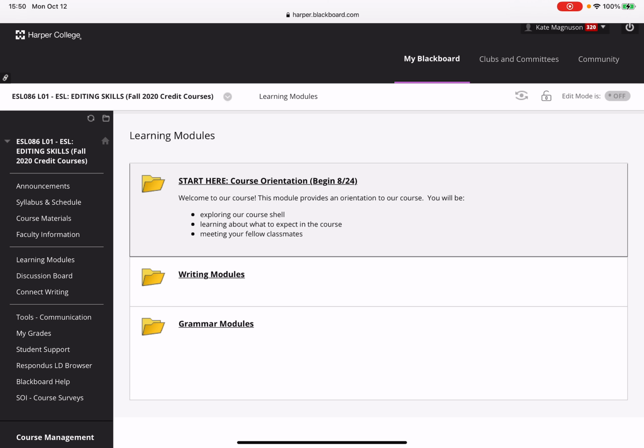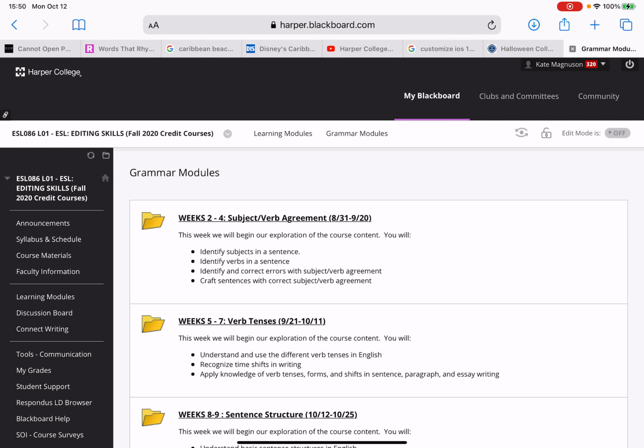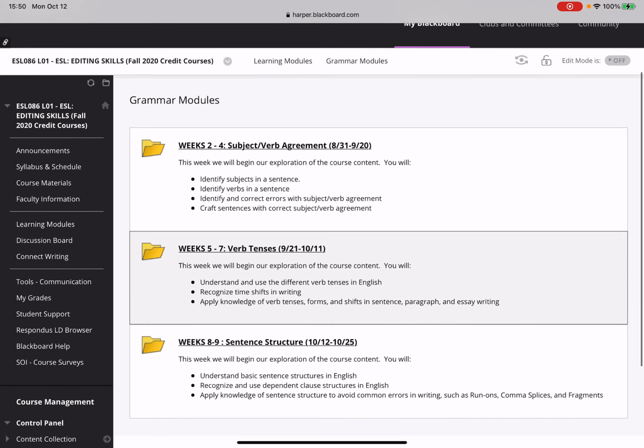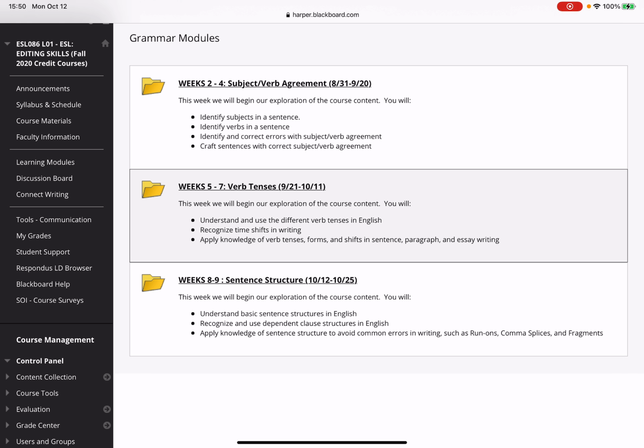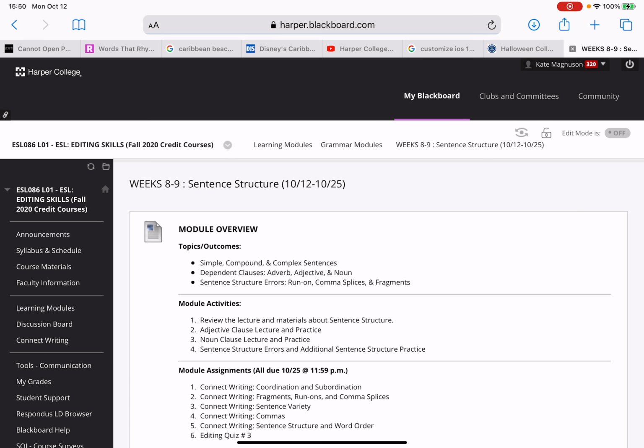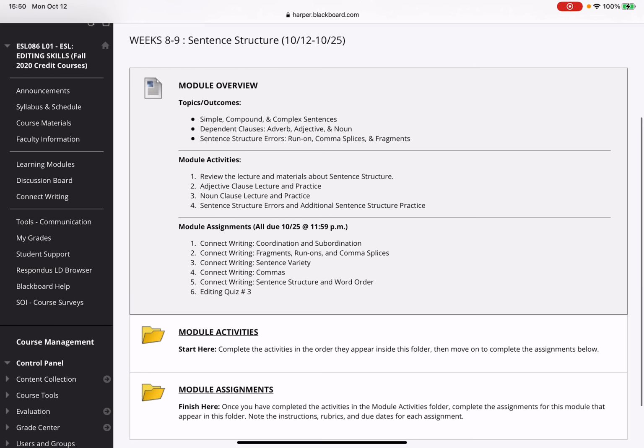This week, a new grammar module opens up, and I wanted to give you a quick overview of that. So I'm going to open that folder up, going to Learning Modules, Grammar Modules, and then opening up the new Sentence Structure module. So you'll see it's very similar to the previous grammar modules that you've already been working on. There's an overview. The topics that we'll cover are simple, compound and complex sentences, dependent clauses, and then sentence structure